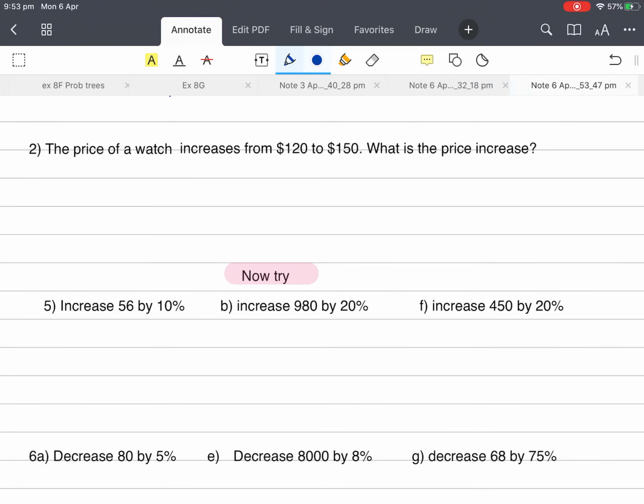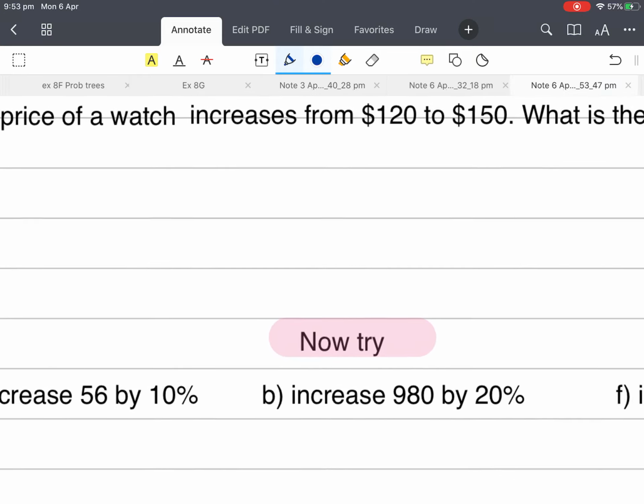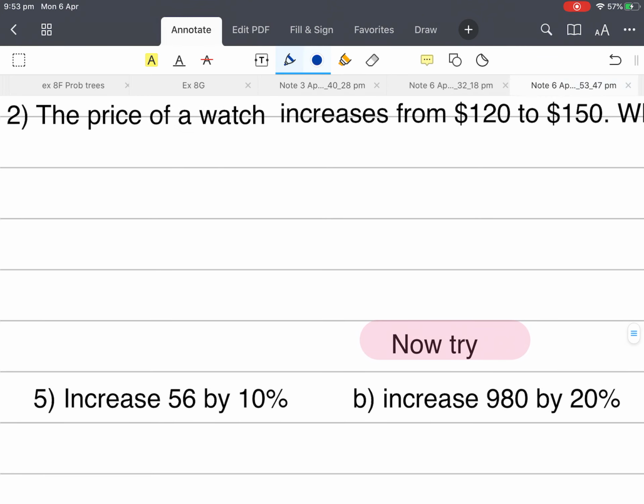Okay, back again. So we just got to figure out, in question 2, the price of a watch increases from $120 to $150. What is the price increase? Well, all I've got to do is figure out how much it has gone up by. So what I'm going to do here is just subtract the two amounts. 150 minus 120 gives me